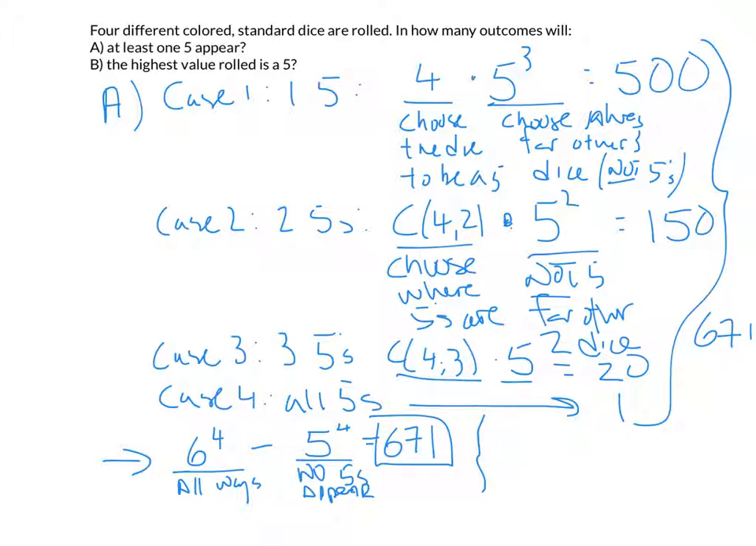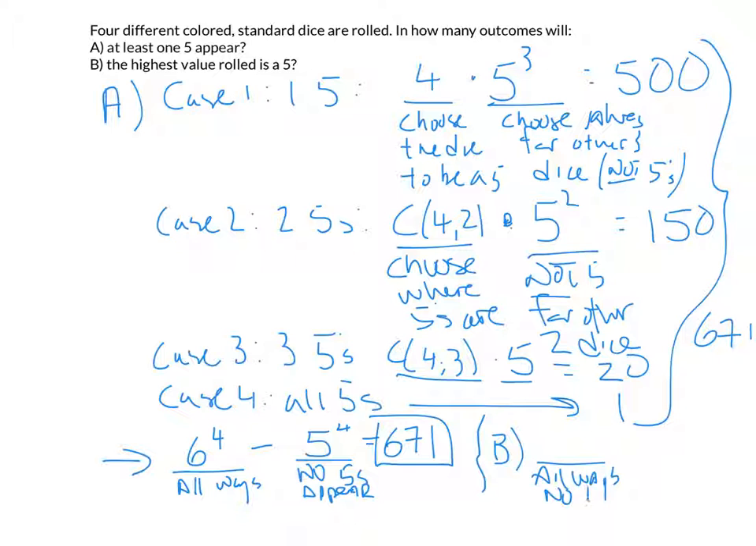Part B could be done in a very similar fashion to what we just did. You could also do case by case on part B, the cases where there's exactly 1 5 and no 6s, exactly 2 5s and no 6s, exactly 3 5s and no 6s, etc., etc. Or you can do it all the different ways you can roll no 6s. So no 6s, always